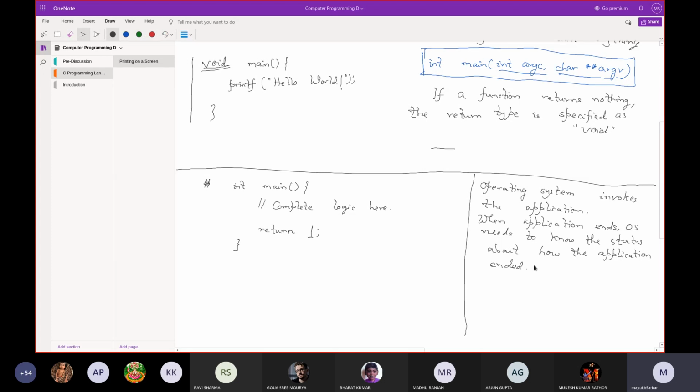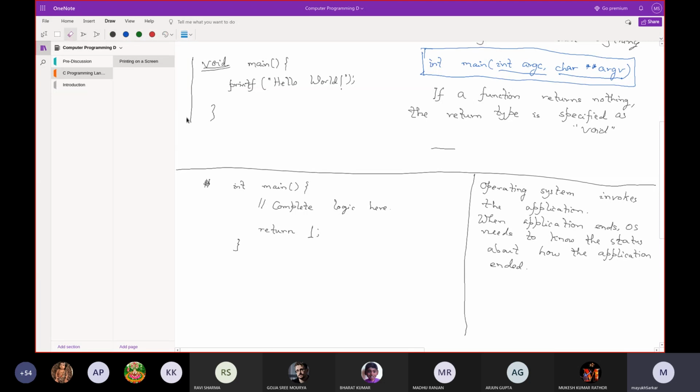Did it end normally, or did some abnormal criteria happen within the logic for which it ended? It matters to the operating system. Though when you execute them, from the user level, you will not understand the difference. But inside the operating system's process management part, the difference occurs. So it is always important for the application to tell the operating system how it ended.